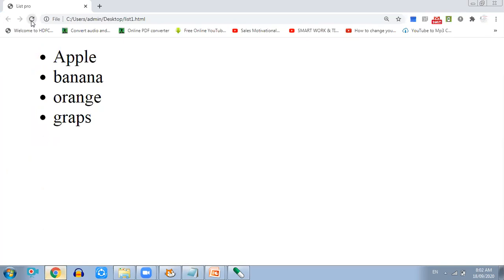Now you will find one difference. When we gave an ordered list, there were numbers, ABCD and a particular series. Here there is no series, it is just showing the points, no sequence. Whichever order you type, in that order it will appear, but there won't be any series. I hope it is clear to you all. So this is called an unordered list.